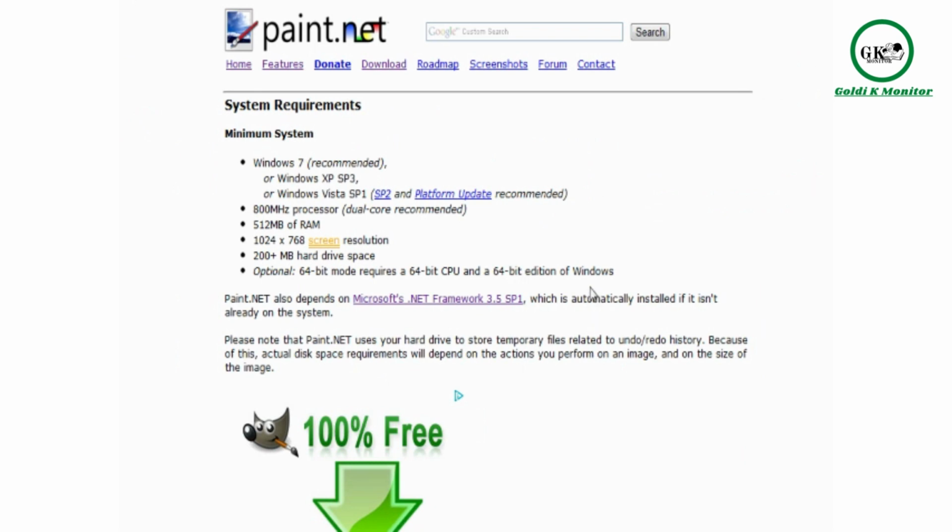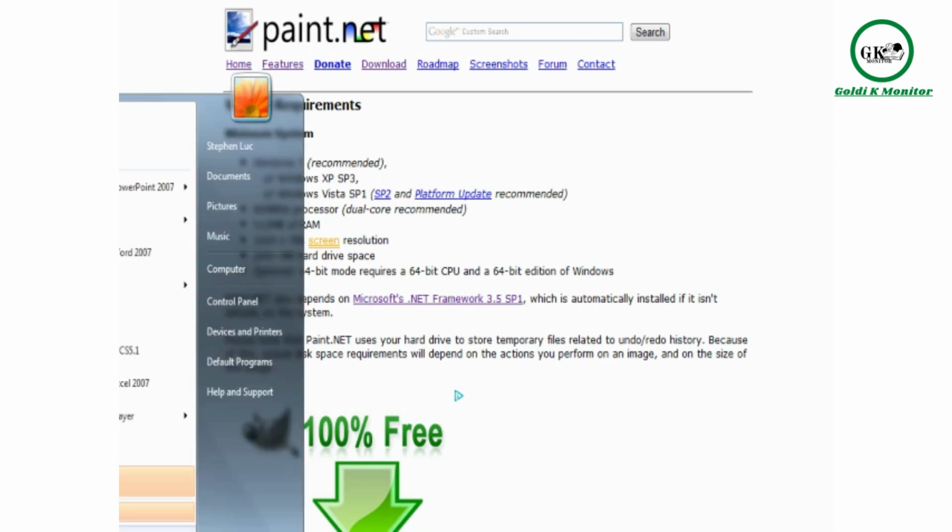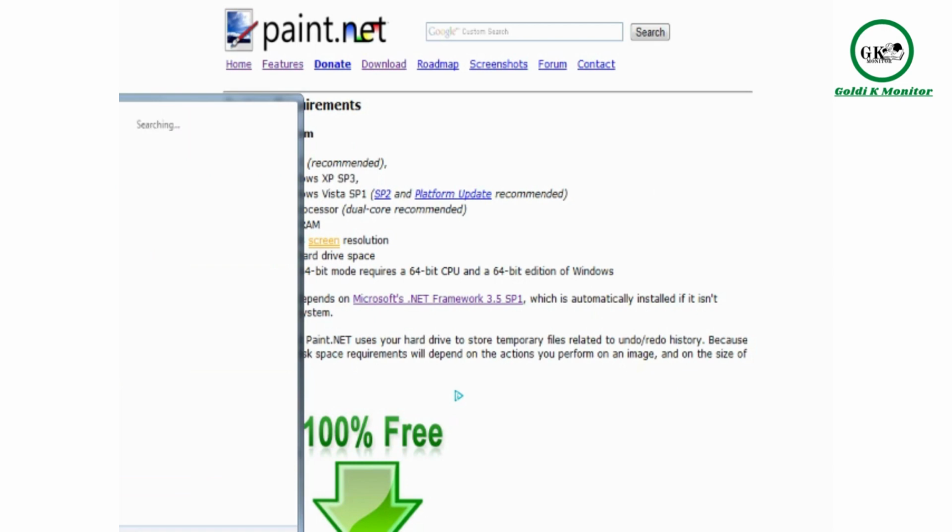Once you're done with that, and let's say that you've had success on the installation, now it's time to open paint.net. To access it, you can either find the link or the icon on your desktop, or you can click on the start button here and then click in the search area and type paint. If you successfully installed it, then you'll see paint.net right here. And when you click on that,